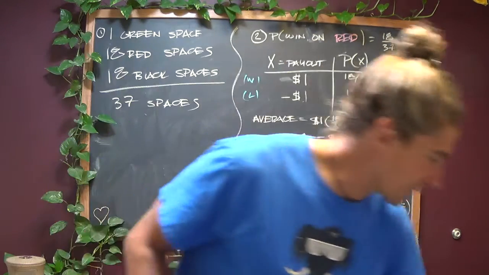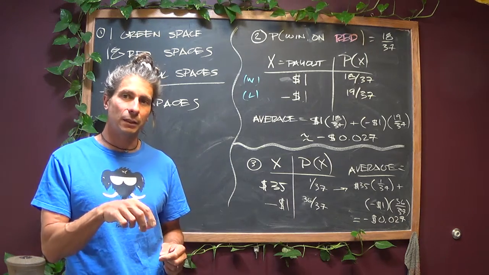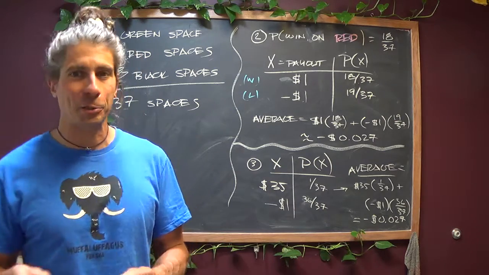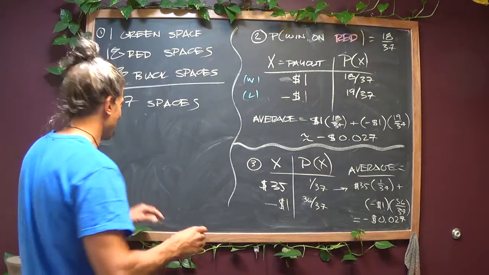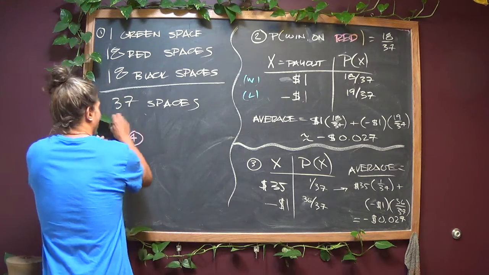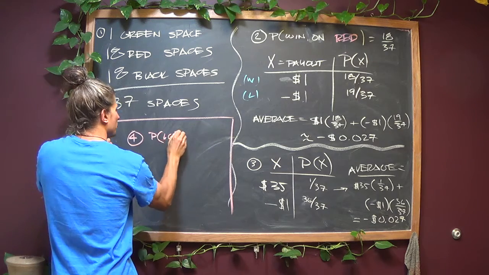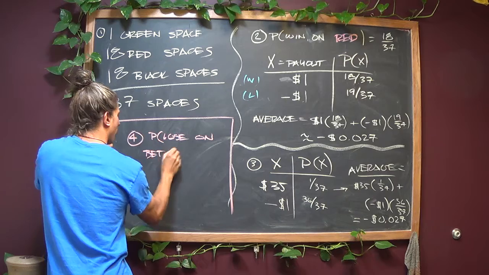And the logic is, yes, there's a pretty good chance that you will hit green within the first 37 spins, but there's also a pretty good chance you won't. It's not like it's lopsided greatly. Here's what I'm talking about. So watch this. What's the chance you lose on a bet of